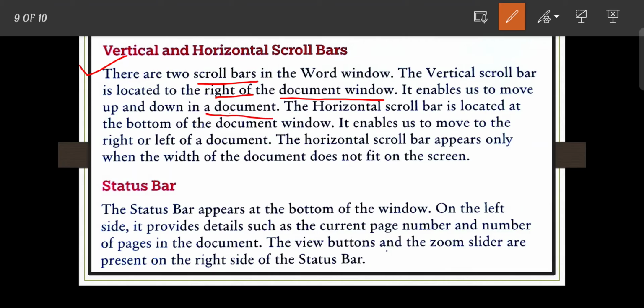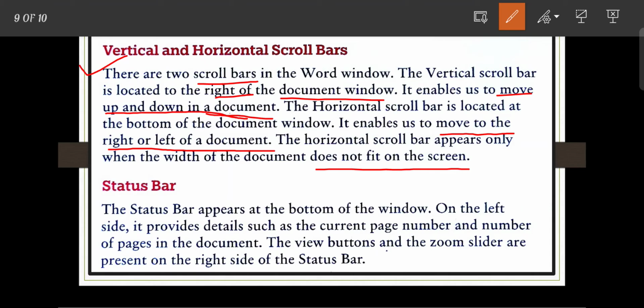The horizontal scroll bar is located at the bottom of the document, and it is used to move to the right or left of the document. The horizontal scroll bar appears only when the width of the document does not fit the screen.